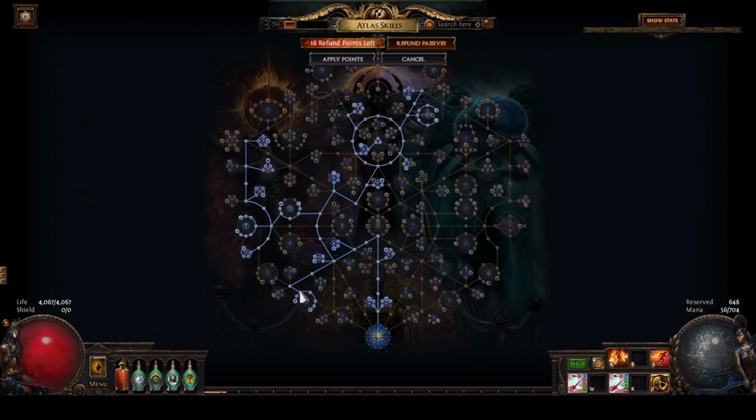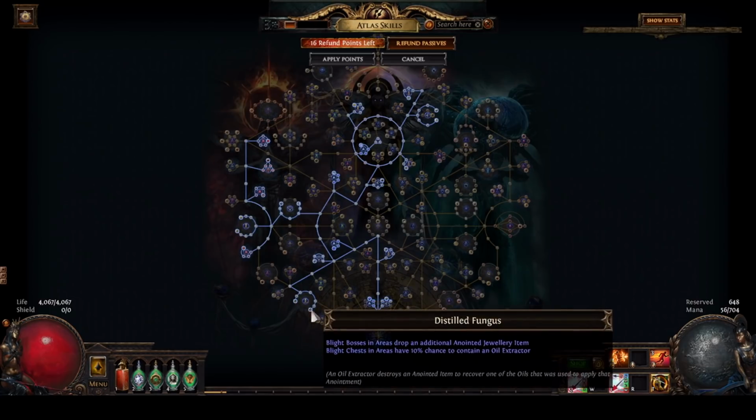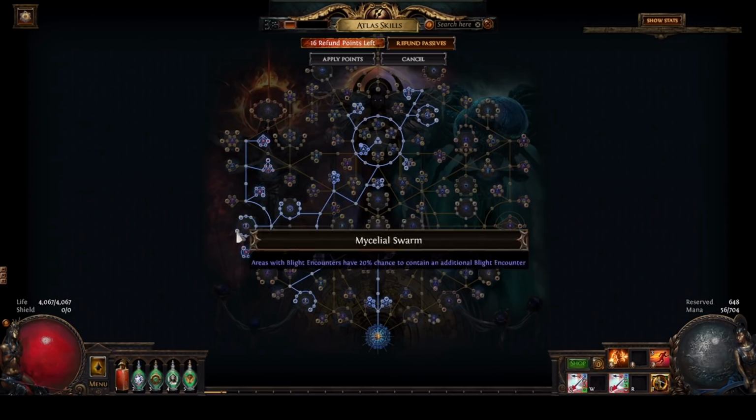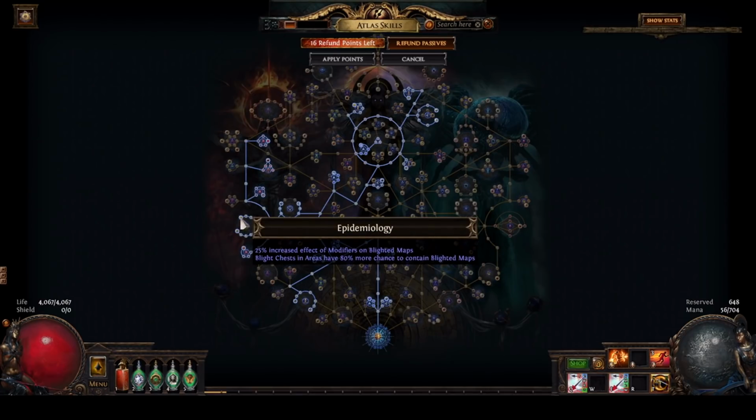At the bottom here, we are grabbing both Blight nodes. These are fairly important as they drastically reduce the amount of time we will spend dealing with each Blight mechanic. I'm not totally sold on this node down here, but we might as well give it a fair shake. Moving on, we are pathing up here to grab further Delirium nodes. Taking the Blight wheel here will give us a chance at extra Blight encounters and Blight map drops. I expect Blighted maps to make up the majority of our profits from Blight, honestly, so this should be a